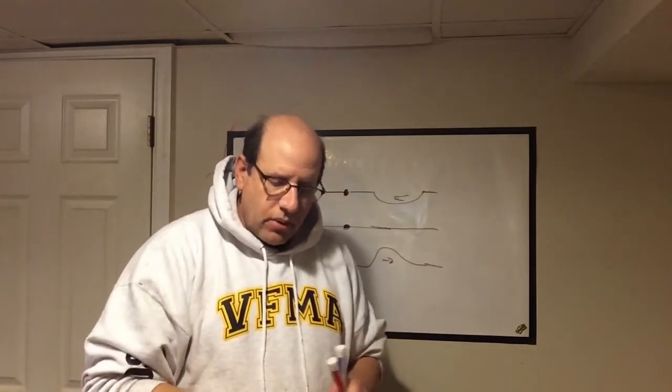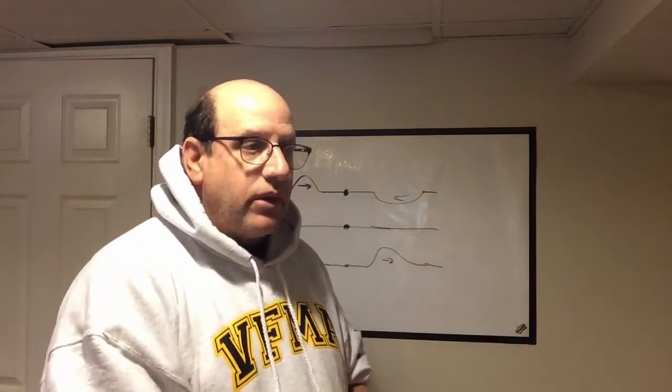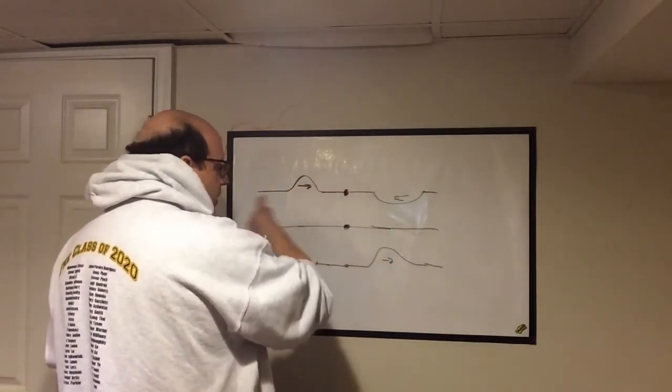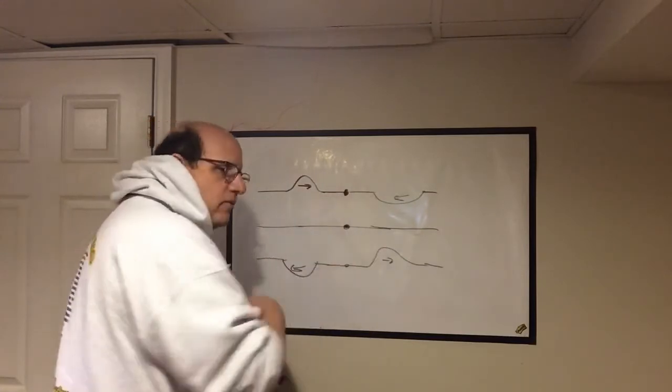We didn't talk too much about reflection. I didn't talk too much about reflection. I said reflection, it goes that way, it hits a boundary and it comes back at me. But I don't think I said when it hits the boundary and gets reflected back, it's going to be inverted. And so just like the standing wave gets inverted, if there's a fixed boundary that sound hits, it does get inverted and come back the other direction. So I think that's what will settle some of your questions. And if not, let me know and we can talk a little bit more about it.